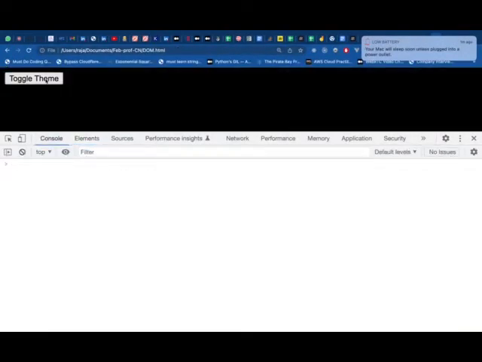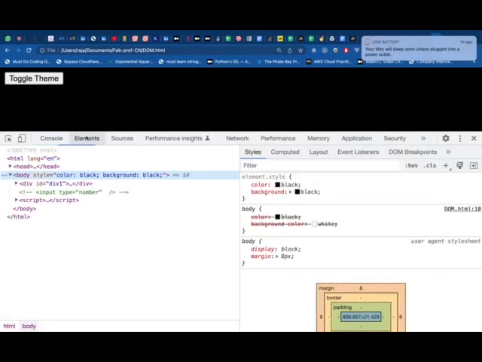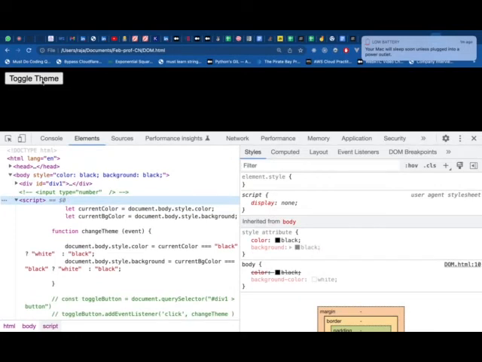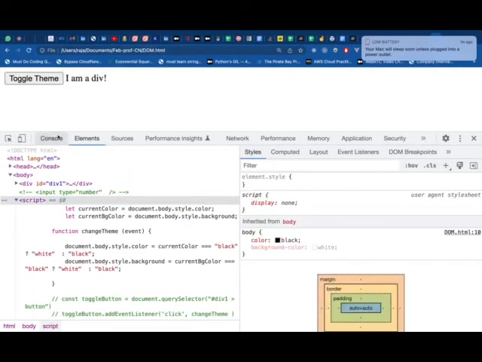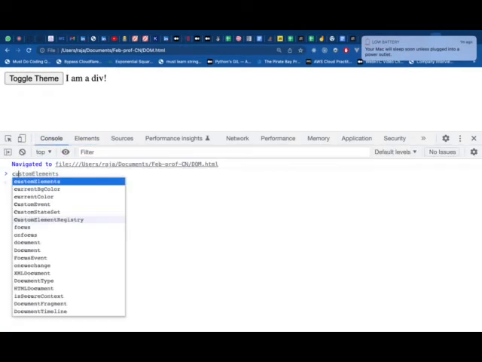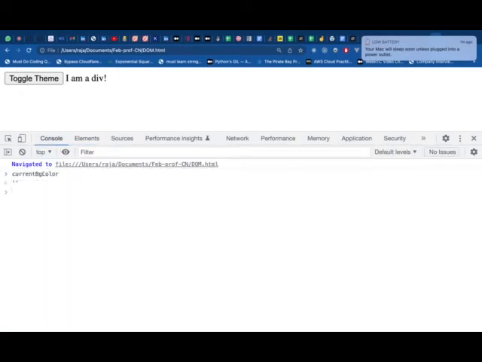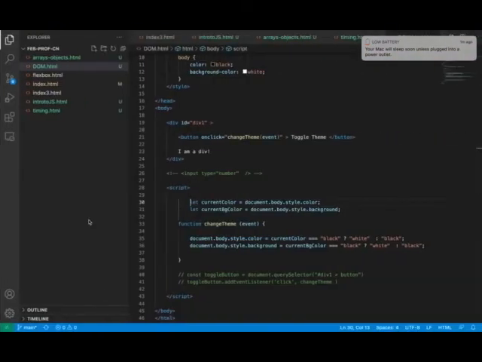See this. Okay, this is also not solving the issue. Okay, so current background color is empty and current color is okay. This is totally strange